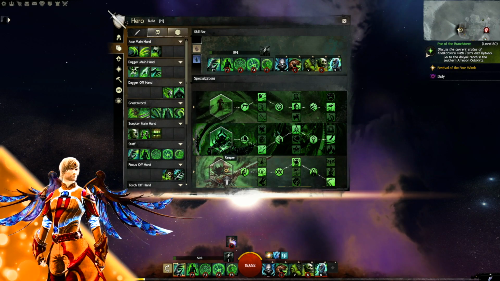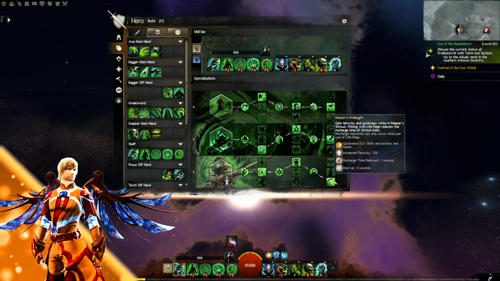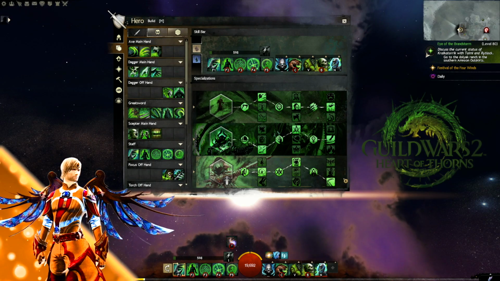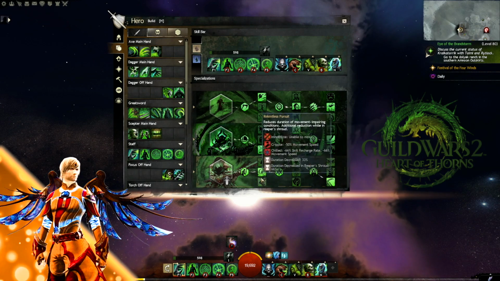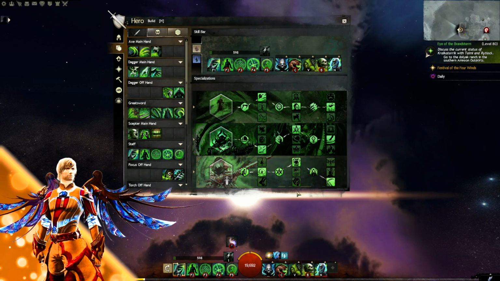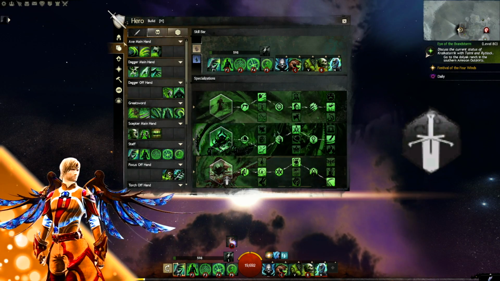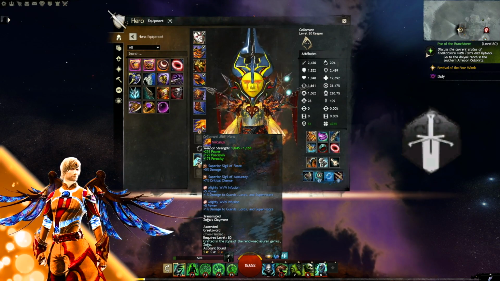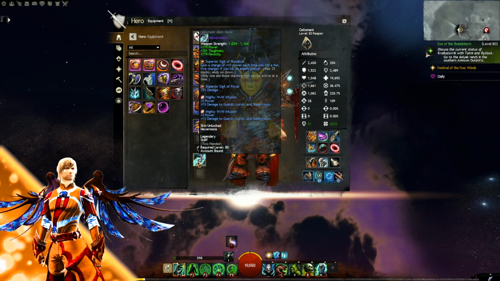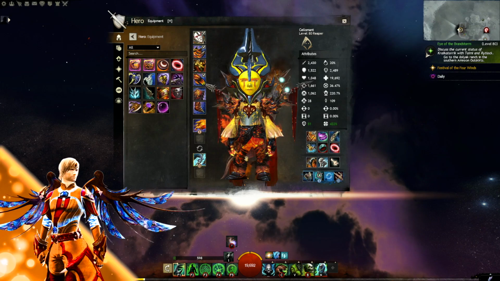Reaper 2-1-3. You need to unlock the Reaper specialization. You need the Heart of Thorns expansion for this. All the traits increase your damage a lot. Reaper specialization allows you to use the Greatsword, which offers massive melee damage. In addition, I use the Staff, which offers range damage, so I can play range first, then engage melee